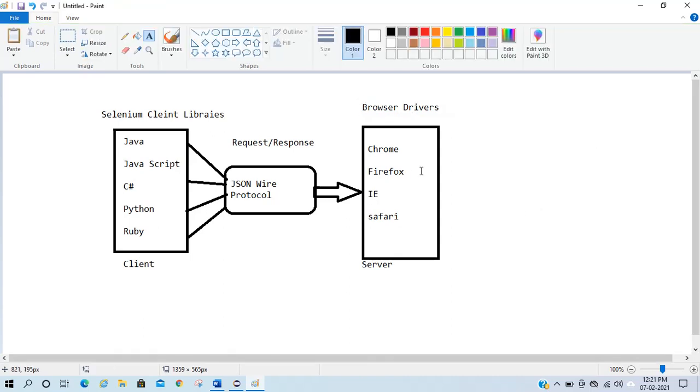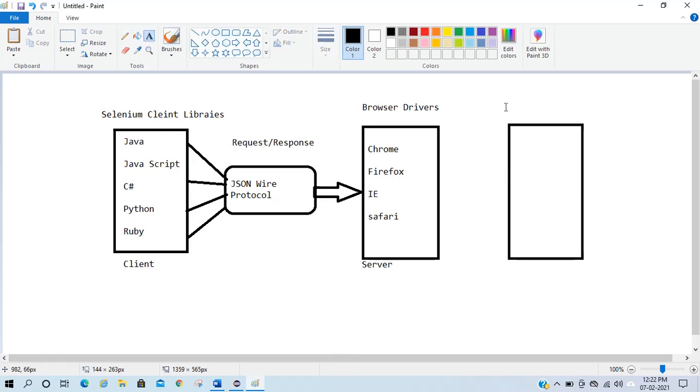These drivers are provided by different vendors. So for Chrome, the Chrome vendor will provide the Chrome binaries. And these binaries communicate with my real browser.